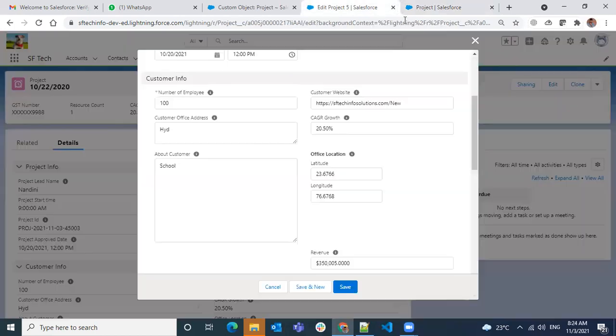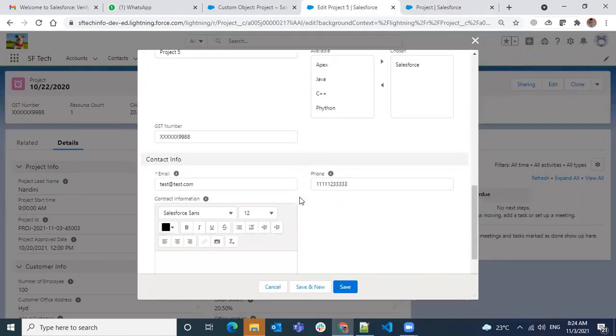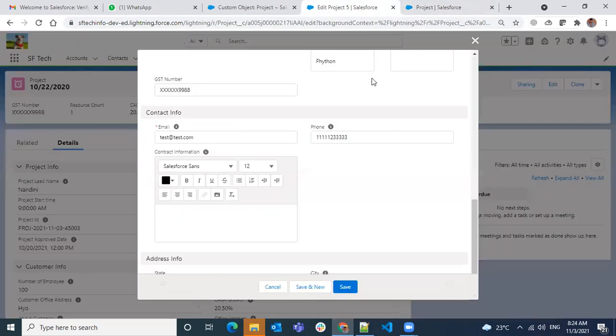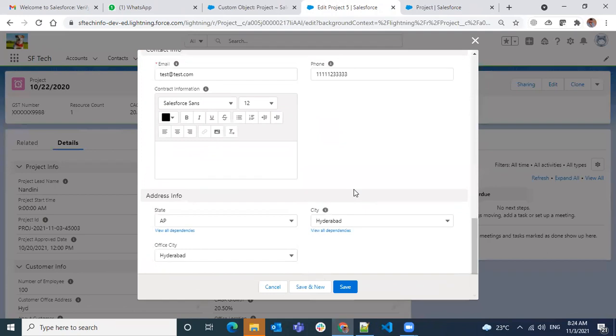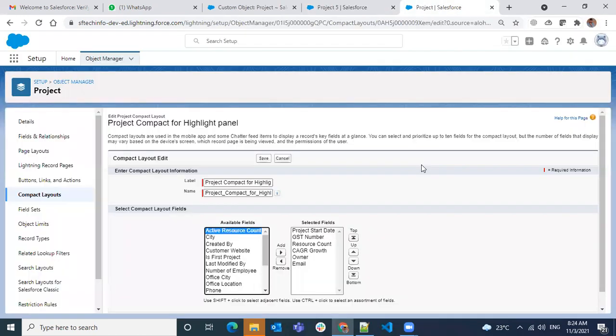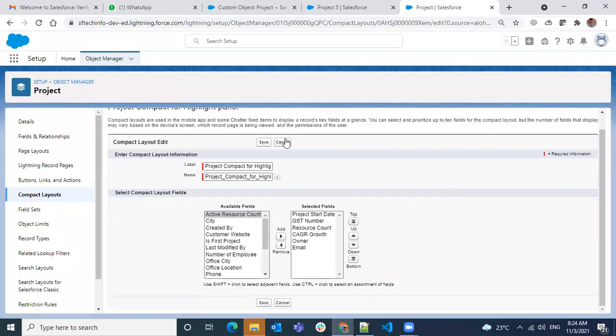It's alphabetical order, so it's easy to identify. And customer information, also not there. Because of taking more space, right? Yeah, because of the space issue. So Salesforce does not allow us to add those field types in the compact layouts.